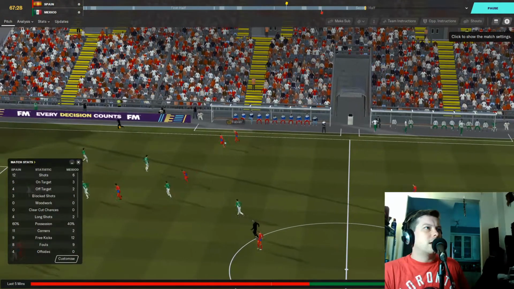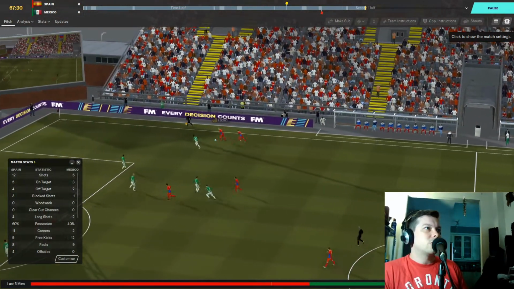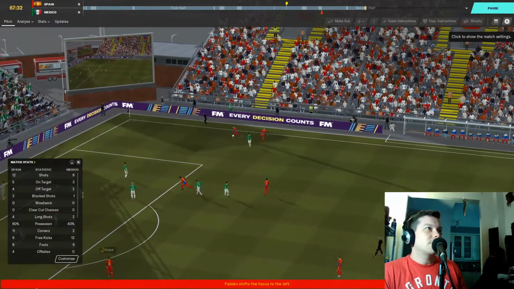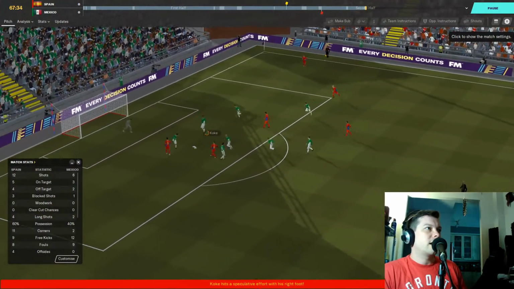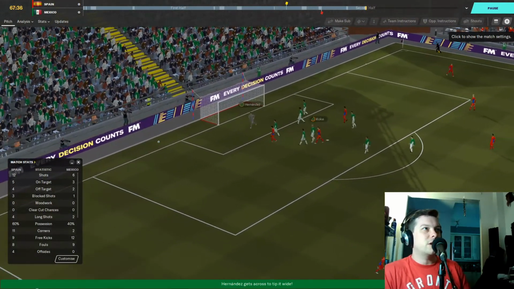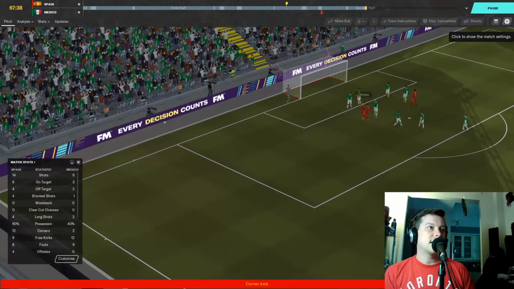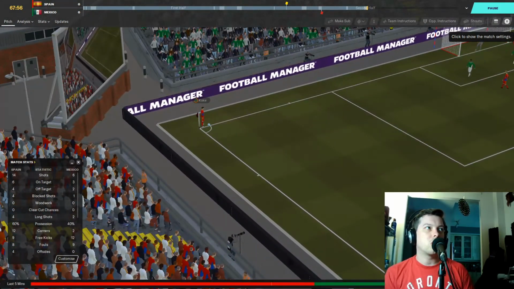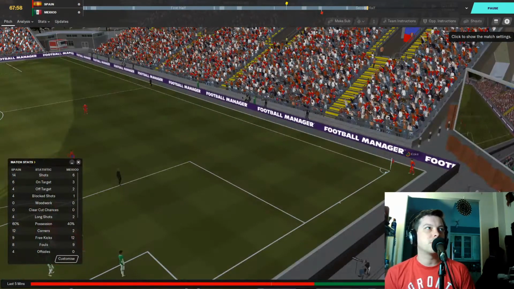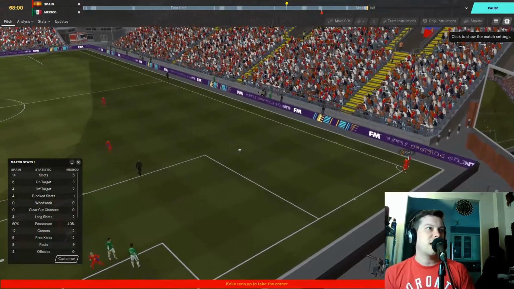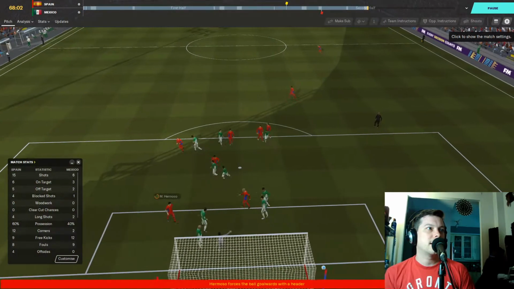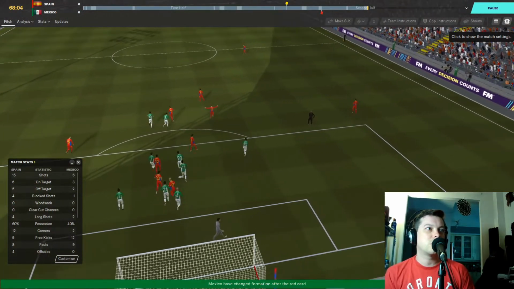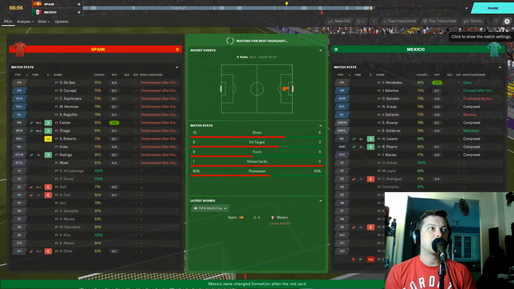Fabian collects the goal kick now. The slow build-up down the right-hand side. Fabian stops up, crosses into the middle to Koke. Koke gets free. He shoots, and it's a great save by Hernandez. And that's another corner kick to Spain. What can they do on the corner? Koke is going to step up for this. In front of the fans. Koke whips the ball into the area. Headed down to Hermoso, but that is headed over the bar.